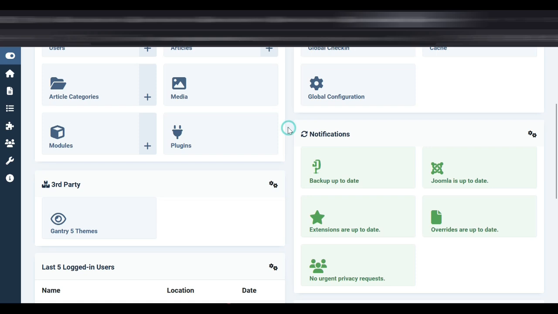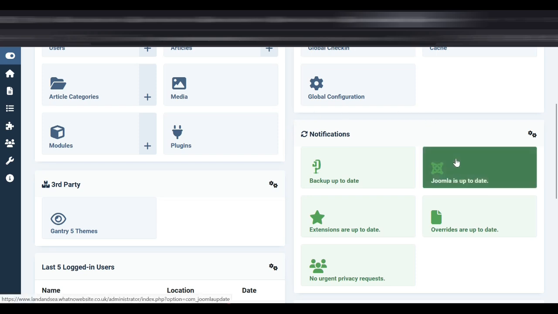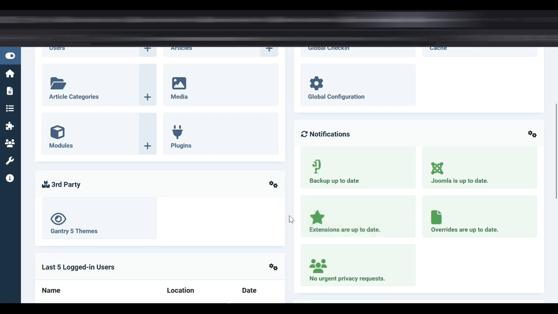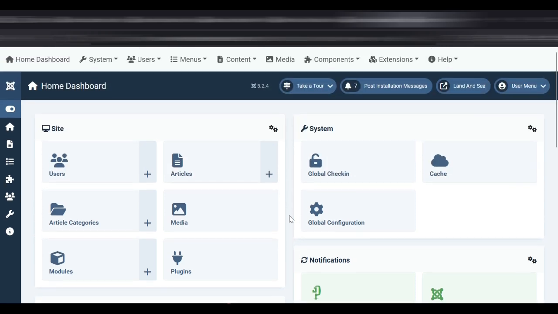There are only two things that you need to look at on this page. The first one is, Joomla up to date? In this case it is. Are the extensions up to date? They are. Occasionally there will be updates. Just apply them. However, before you apply them,